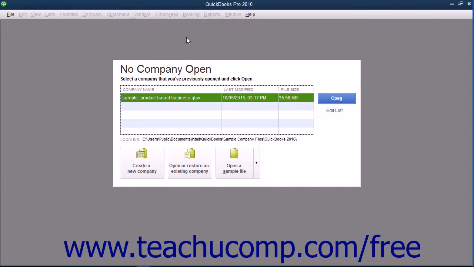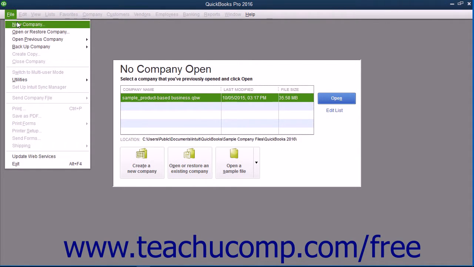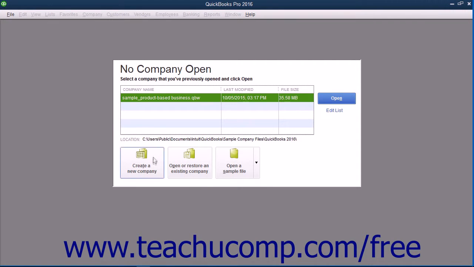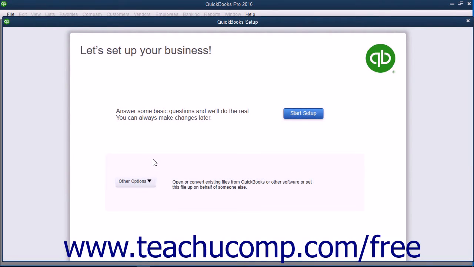When you first open QuickBooks, the option to create a company file using the Express Start feature is displayed in the QuickBooks Setup screen. Note that this is the same screen that opens if you select File, then New Company from the menu bar, or simply click the Create a New Company button shown in the No Company Open window. If you wish to use the Express Start feature, then click the Start Setup button within the QuickBooks Setup screen